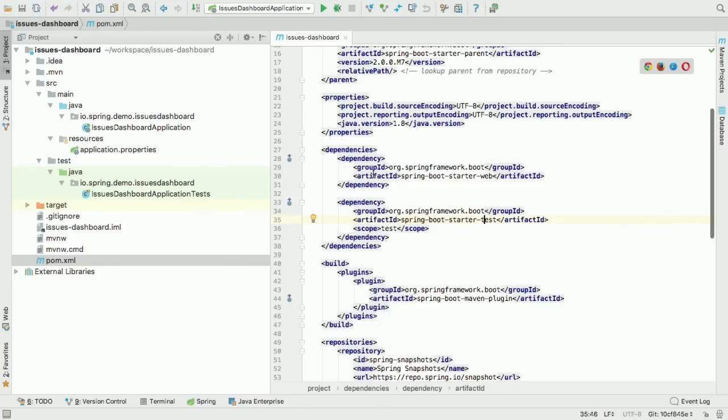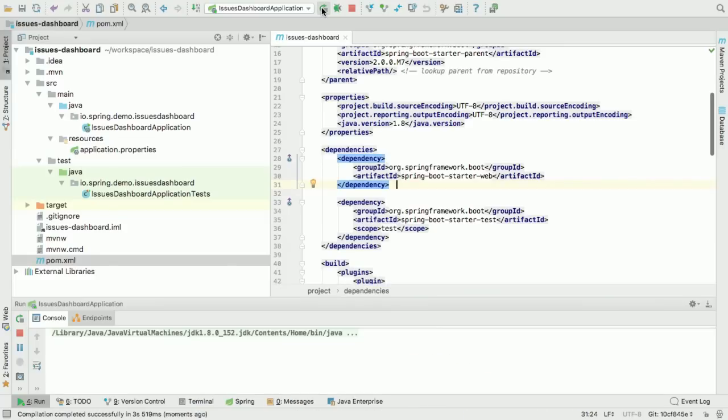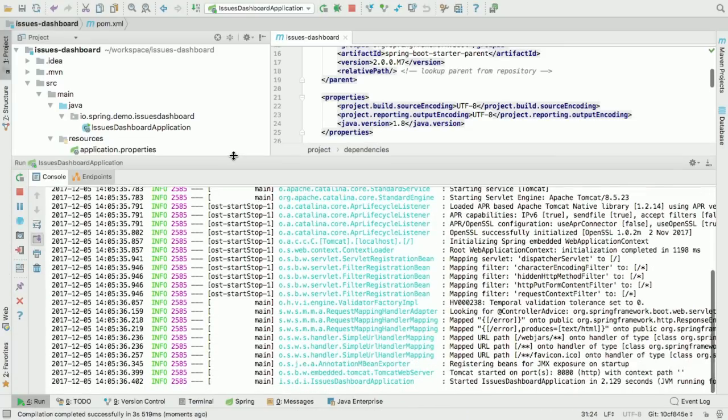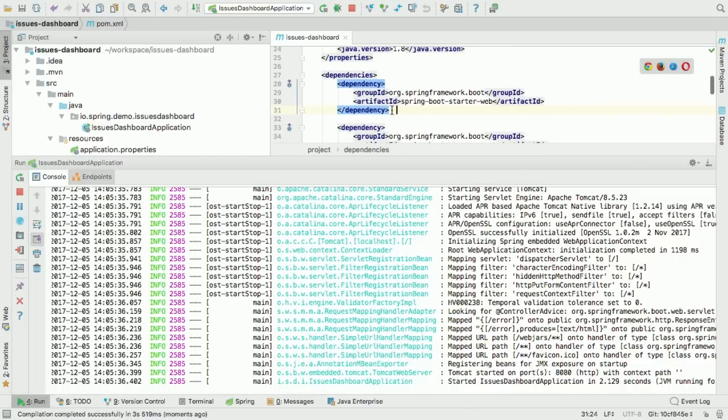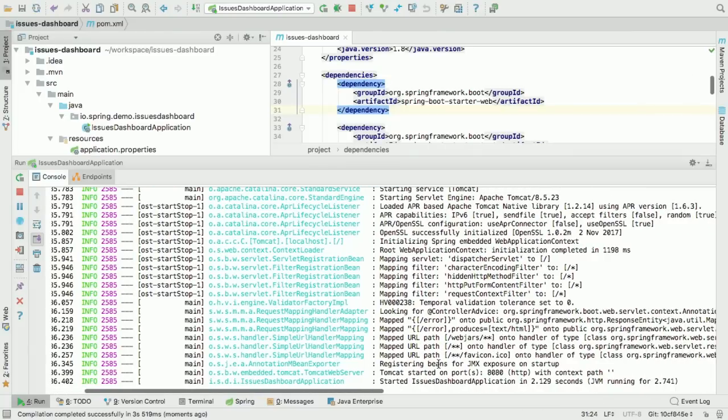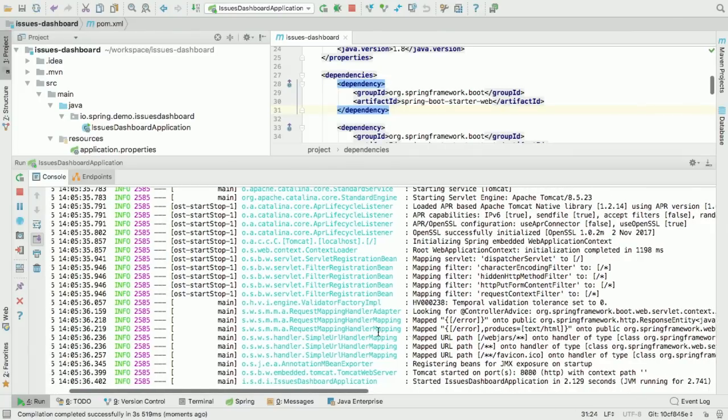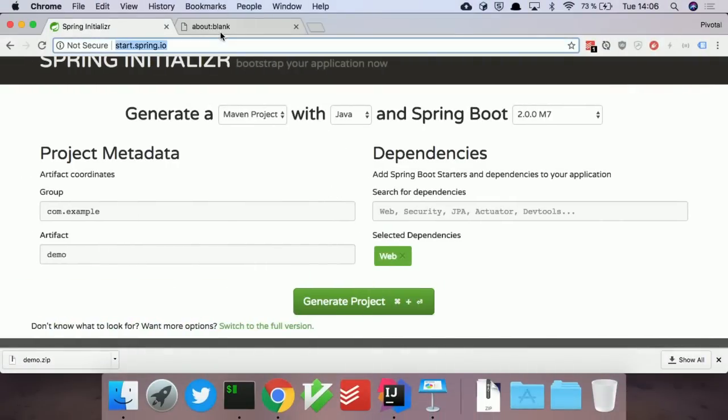So the first thing we'd like to do is start the application. And to understand the essence of Spring Boot, most of the time when you start to express an opinion, Spring Boot is trying to express one as well. So here we've said this is a web application, saying that we'll bring several dependencies, including Spring MVC and Tomcat as a default server. So as we can see here, starting the application, we'll start a Tomcat server on port 8080. And if you go to that place,